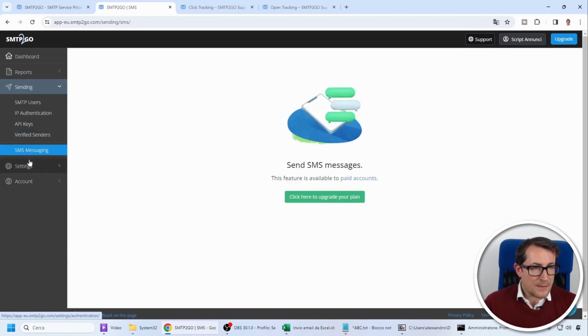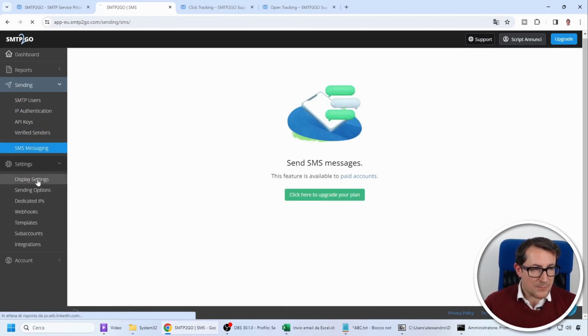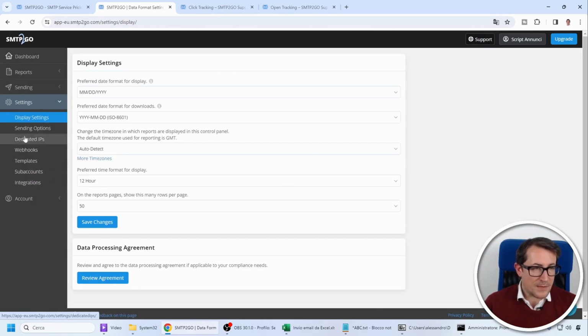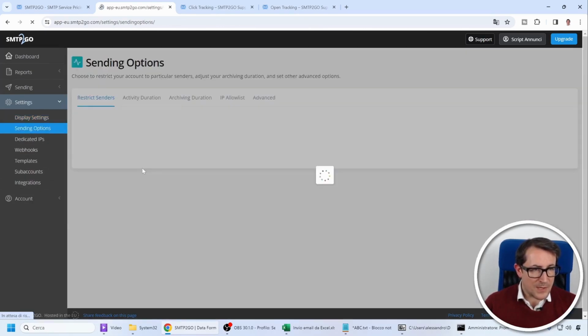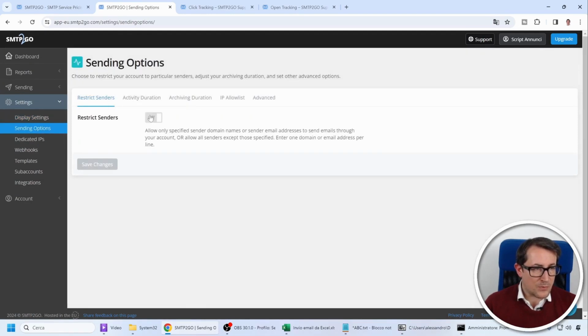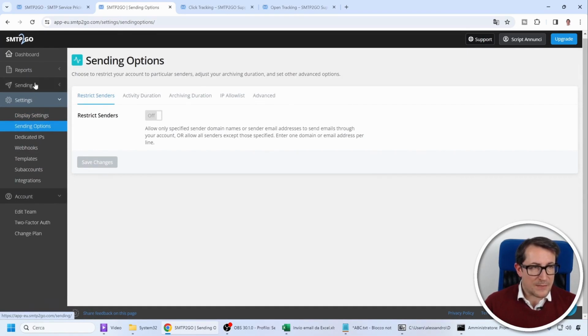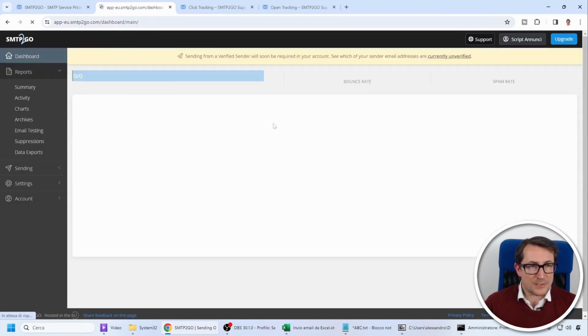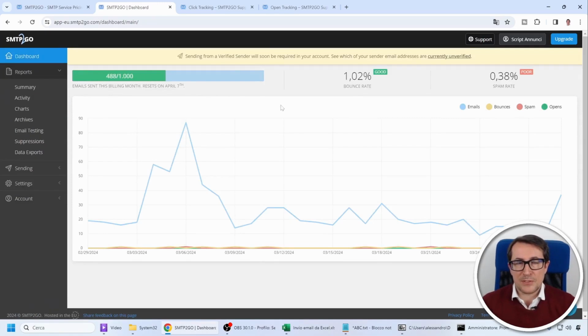Here there are other options that I won't explain because the tool is really vast and comprehensive. You can do a whole series of filtering. I won't go into that. Anyway, I have to say that I've been using this system for quite some time, both for personal and business use, and I find it really effective. So once you've set up a computer with Excel, BLAT, and SMTP2Go, you can send emails at full speed.